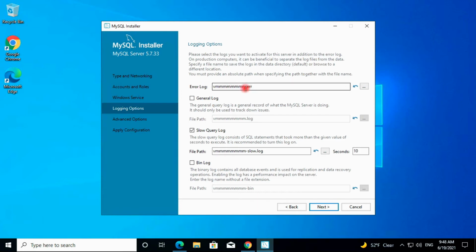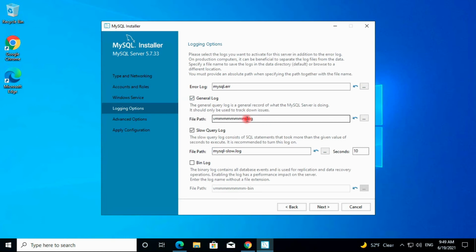Anything you want to give, just write MySQL error. Okay, and similarly for the slow query log also, and the path.